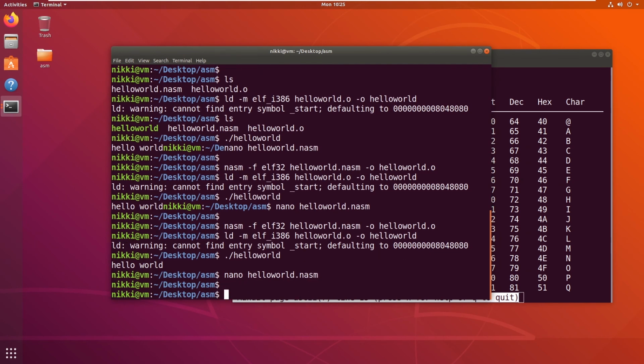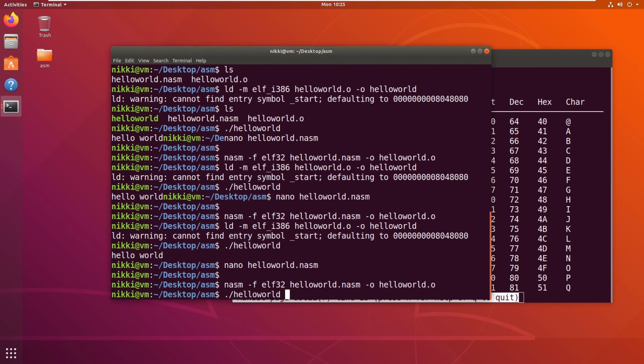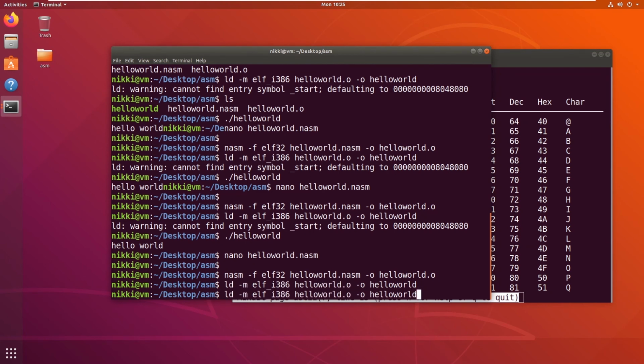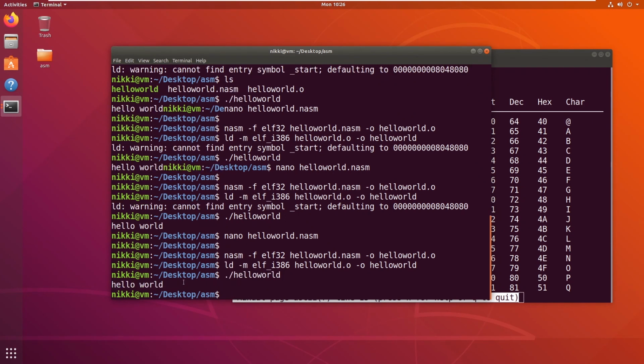And this is all personal preference, guys. You can keep main or any name whatever you want. Now let me compile this. Now let me link this. So you can see there is no error, and if I run the binary, the output will be the same. Hello world. So this is all about the hello world program, guys. I hope you have understood.